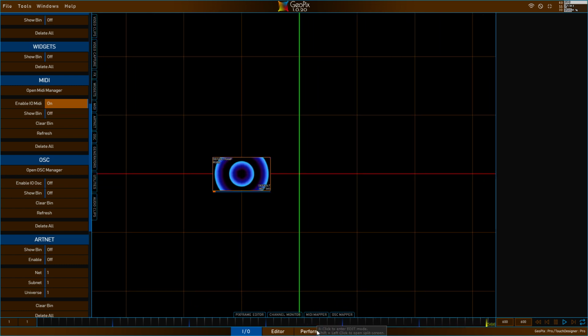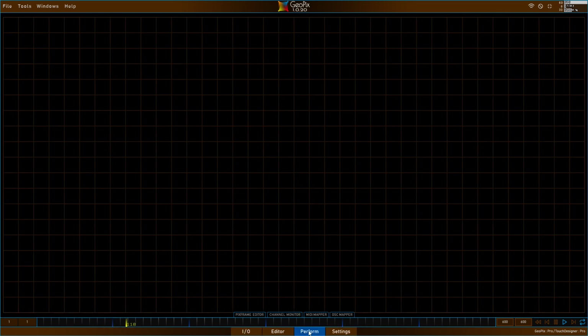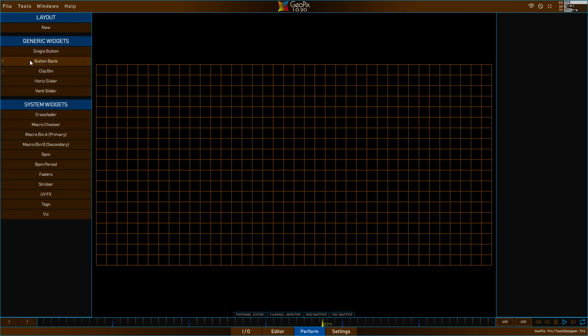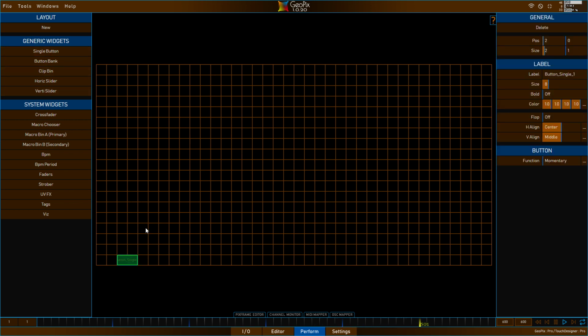The other place you can use MIDI in GeoPix is in the Perform tab. So you'll have a canvas here. If you right click, we'll just add a couple simple widgets for now. Again, this is a different tutorial on this area, so we'll just be covering the basics here. So a simple button and maybe a vertical slider,